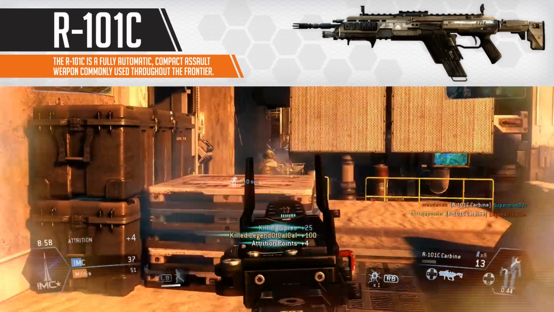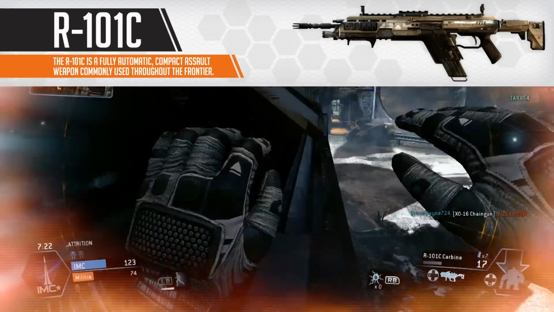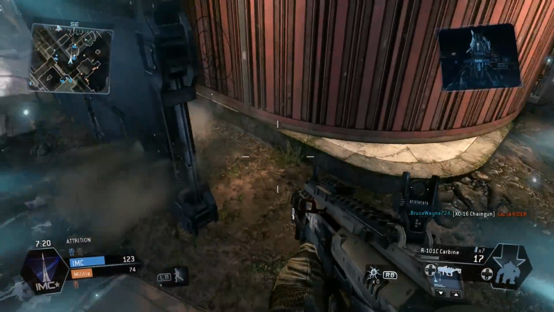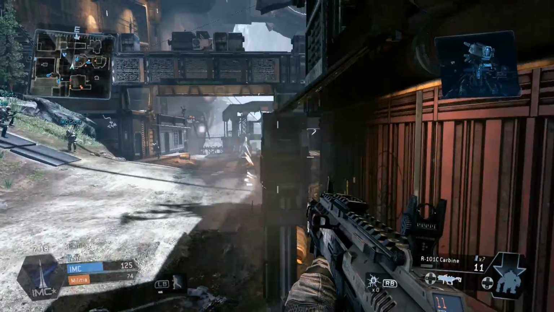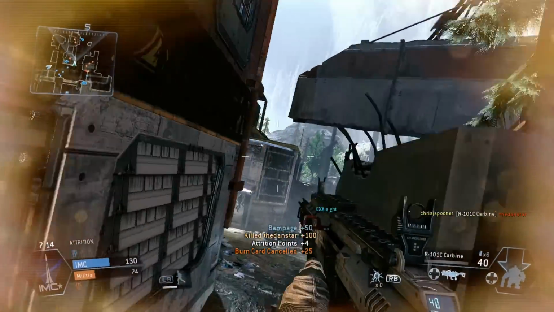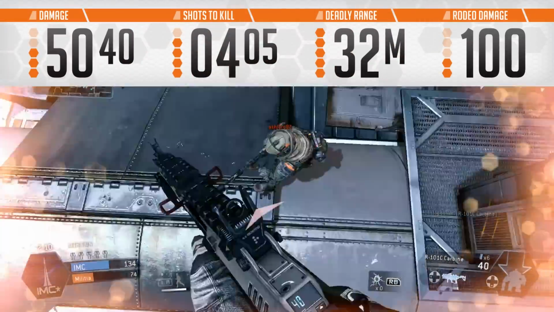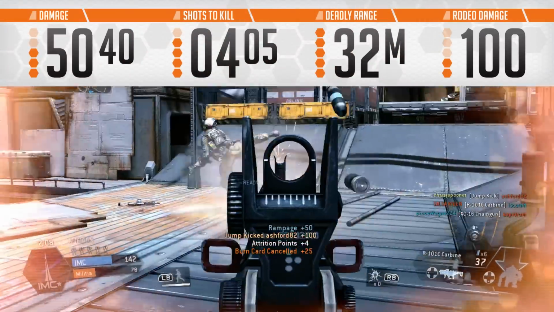The R-101C is the weapon that everyone gets hold of right at the start of the game, so I'm sure it's one we're all familiar with. And it's got a nice mix of stats and features which makes it a very versatile weapon. So let's get straight on with this guide and take a look at some of those stats and figures for the R-101C Carbine. So starting off with the damage rating, this weapon weighs in with a profile of 50,